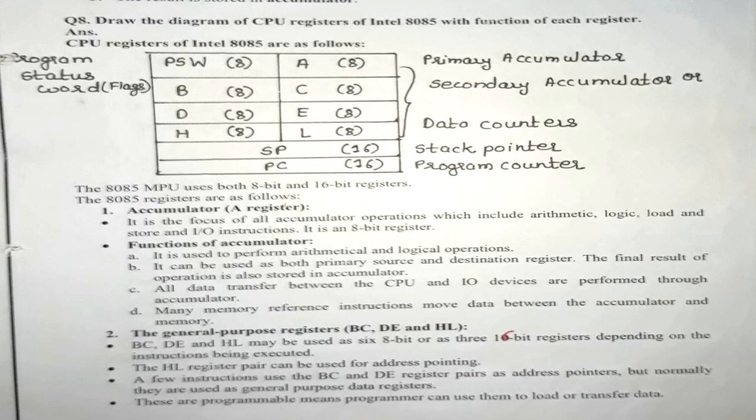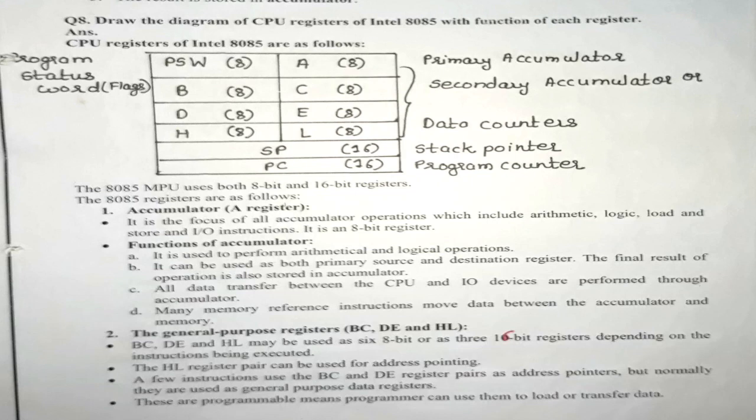So whenever we want to store 8-bit data, we can use any single register from these 6 registers, and whenever we want to store 16-bit data, then in that situation we are going to make use of a pair of any of these 2 registers. And it is again very clear that we are having fixed pairs only, that is the B register is paired with C, the D register is paired with E, and the H register is always paired with L. So B, C, D, E, H, L are all 8-bit registers which are used to store the data temporarily while performing the execution.